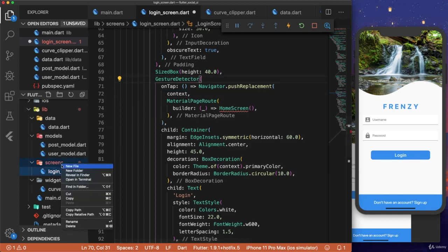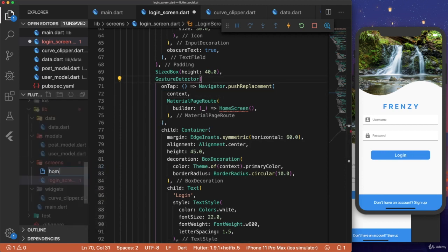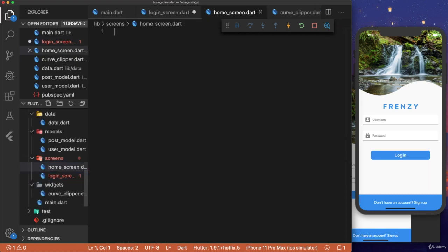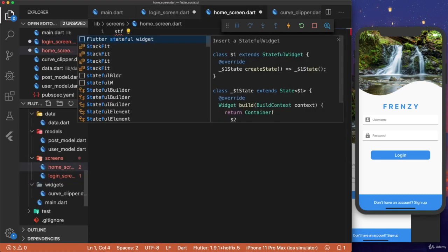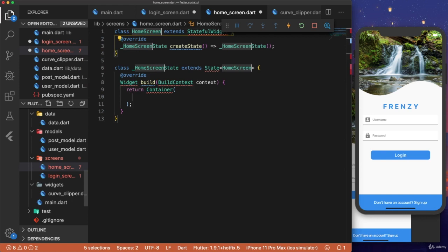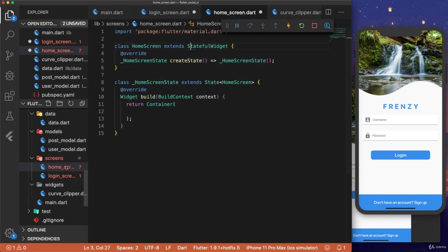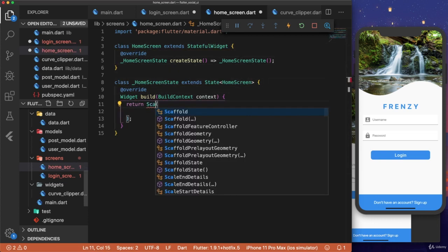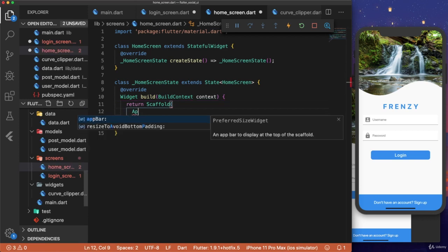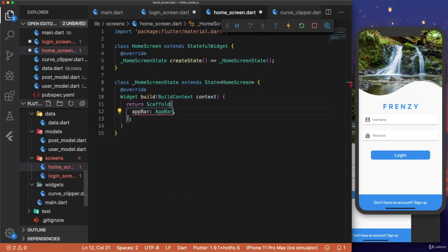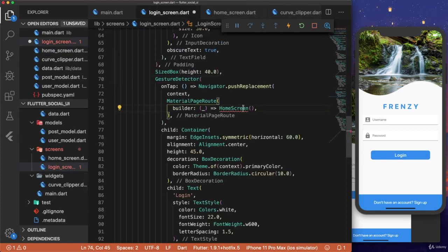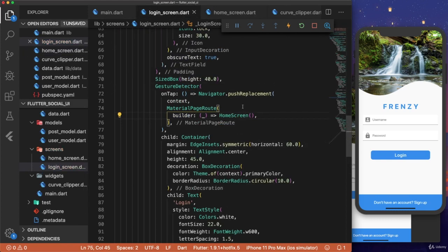So inside screens, we'll make a new file called homescreen.dart, and this will be a stateful widget, HomeScreen. And remember to import material.dart. And here we're going to just return a Scaffold and an AppBar. And hit save. Now if we go back to the login screen, import home screen, and then we click login,